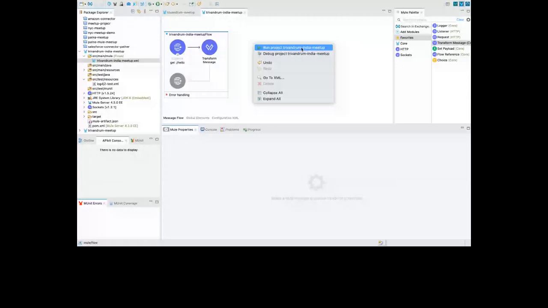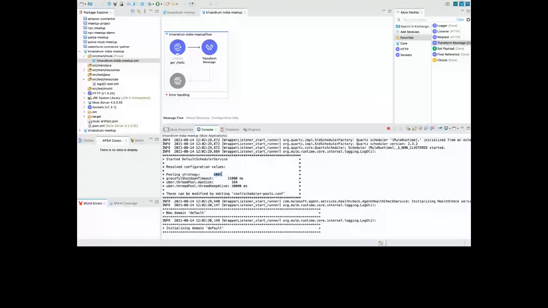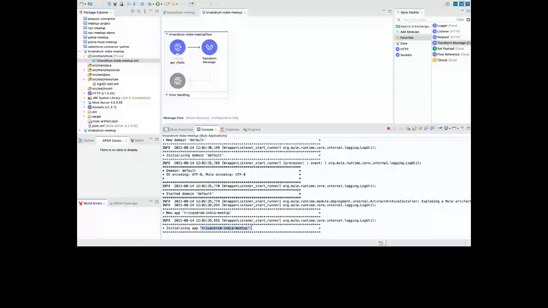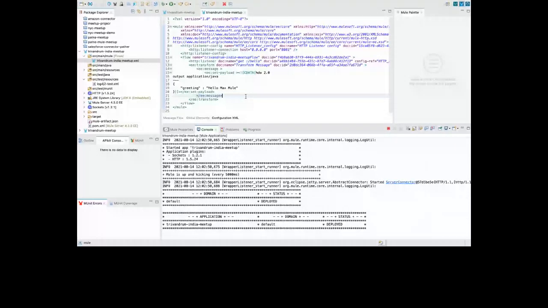Behind the scenes, it is doing all these things. You can see here a polling strategy. It is using Uber, and then new app. Basically, this is our app, initializing the app over here. Every single thing you can see over here, every single logging, is running in the meantime. I think it's using the Spring framework to design all these things. And now you see the application is deployed and the application is a success.